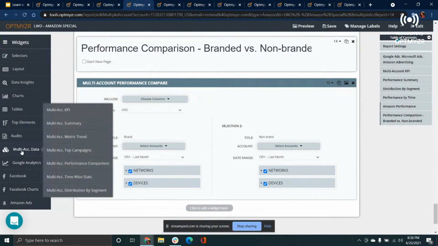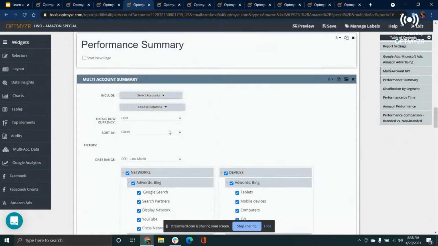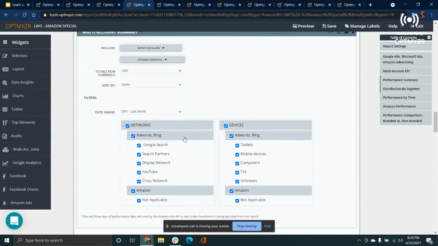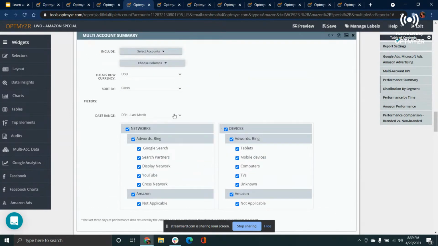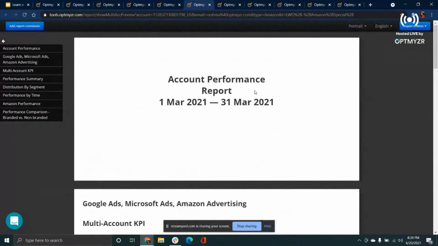And quickly moving to how multi-account widgets would help is if you'd like a quick performance summary of all your ad accounts put together. You can select these accounts, so your Google, Amazon, and Microsoft, choose the date range that you want to create the report for, and the rest of the steps would remain the same. So just a quick preview of what the report would look like.